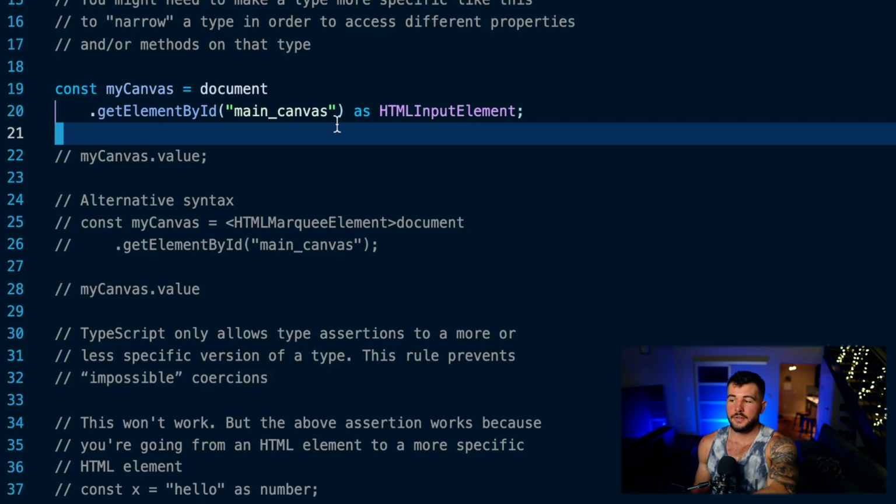And I could alternatively, if I had an HTML input element, generalize it a little bit more to an HTML element. Now, I talked about type narrowing a bit here, and if you want to see a full video on that,